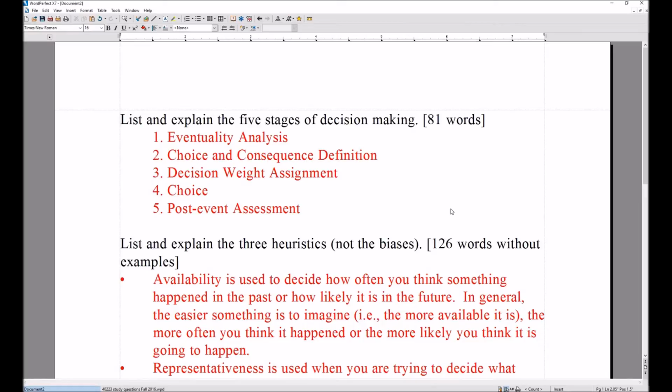And so what you end up doing is you think, well, 90%, that's pretty confident. I'm going to weight that pretty high. And let something else be 10%, well, that also offers a lot of profit, but I don't think it's very likely, so I'm going to lower the weight on that. So this decision weight assignment is, in looking at all my choices, I'm ranking how likely I think each one is. It's not quite that. I really need to show you on the board, but that's the basic idea. I'll show you on Tuesday. But the idea, again, is you're ranking all these choices to decide which one looks like the best idea, all